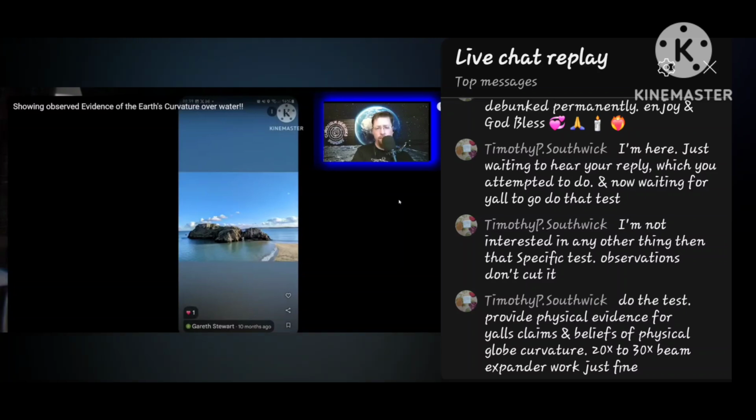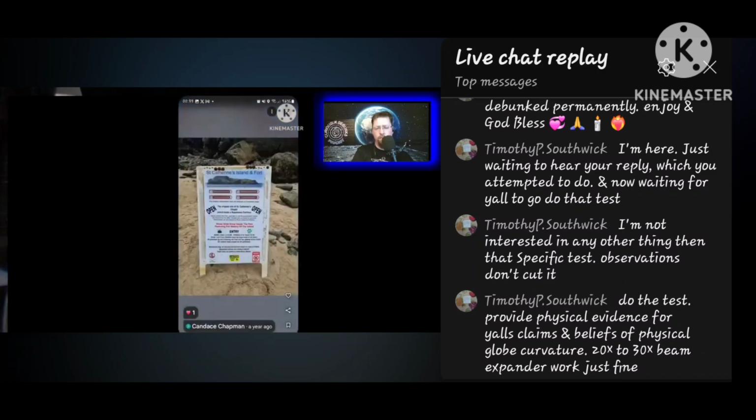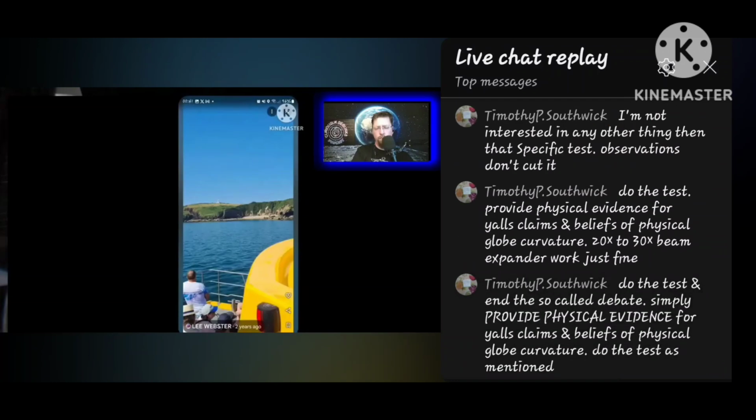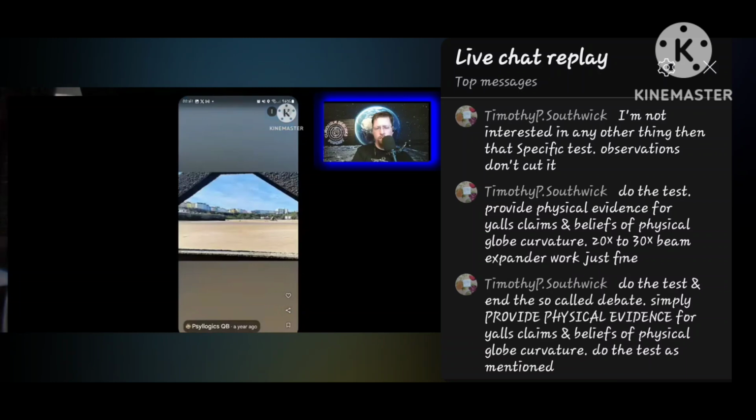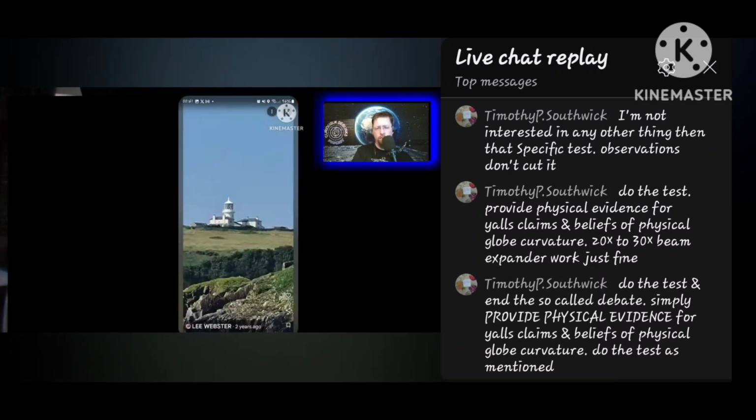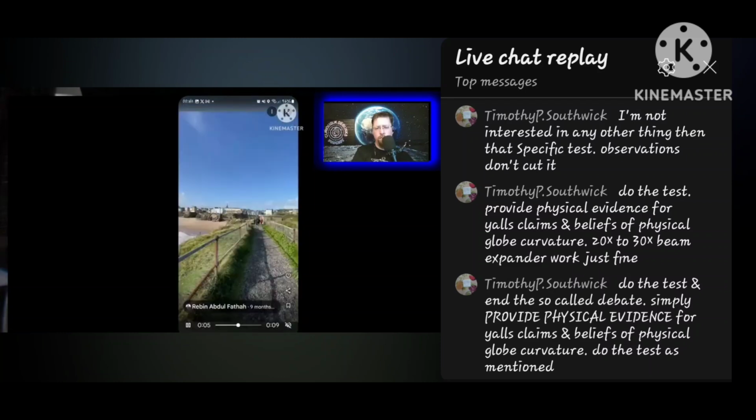You can see that none of these are actually low down; these are all up, and you'll still see where it looks like it's on the horizon, but in reality they're not, and that's because the curvature of the Earth makes it look like it's on the horizon, especially when I'm at my lower point of observation compared to the higher point. You'll see there's a lighthouse in this. It did alternate days. I never did see the lighthouse lit up, so I don't know if it's not being used.